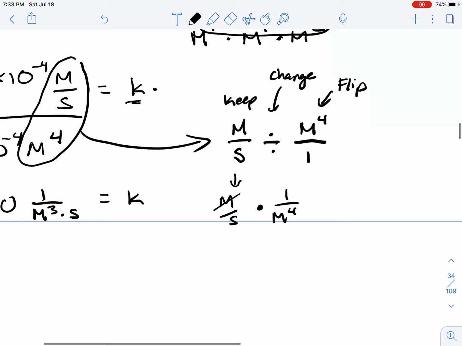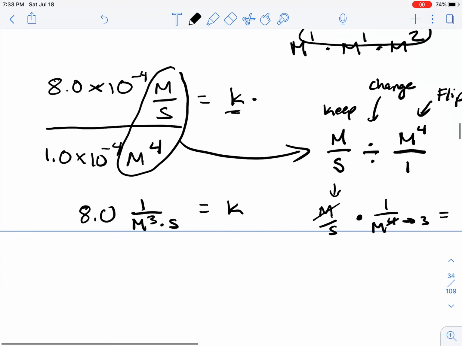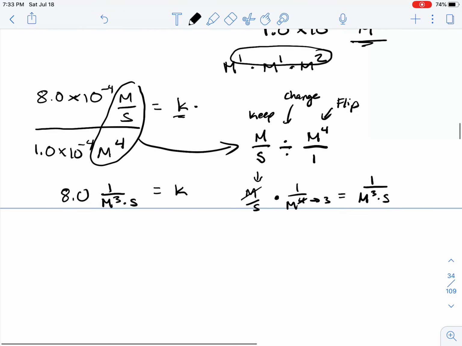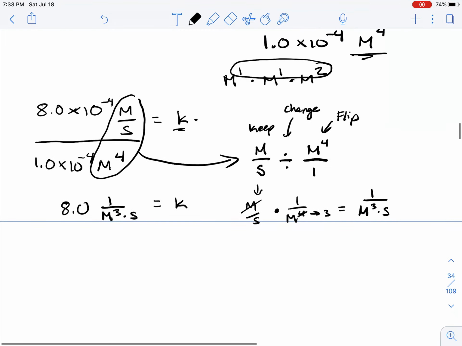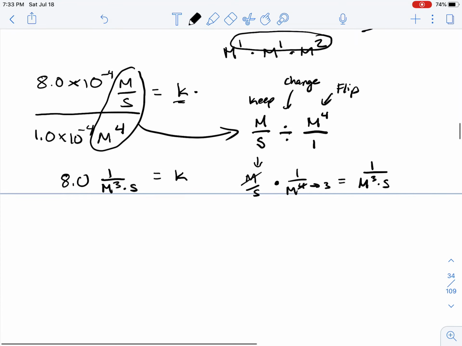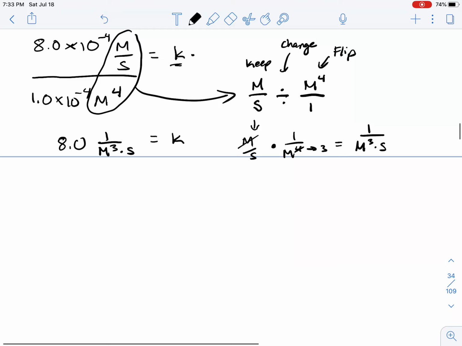So if you cross multiply, that is going to equal to 3. And when you multiply across, you just get 1 over molarity to the third times second. All right, and so now that we've figured out the value and the units for the rate constant K for this chemical reaction, we're going to go ahead and write our final rate law, such that we have the rate